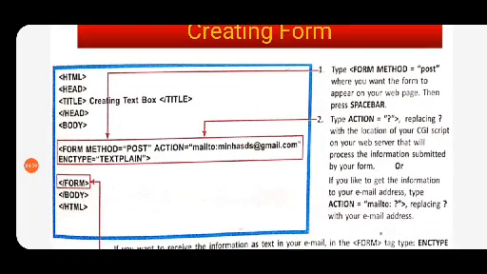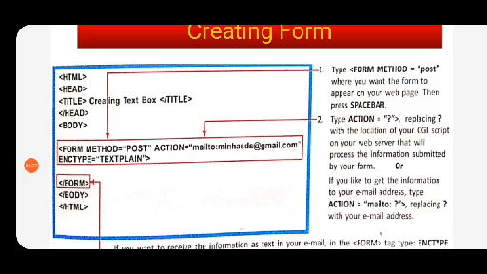Now let us see how to create a form. You can see the code which is highlighted, boxed inside a rectangle. The form method is equal to post, action is equal to mailto with the email address ds@gmail.com, the path is specified, and enctype is equal to text/plain.